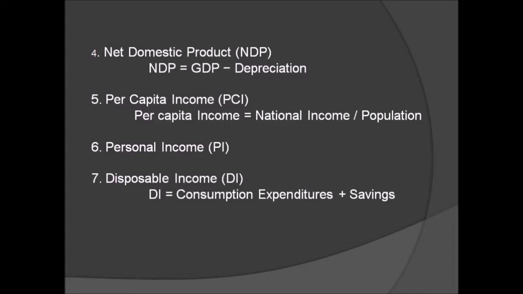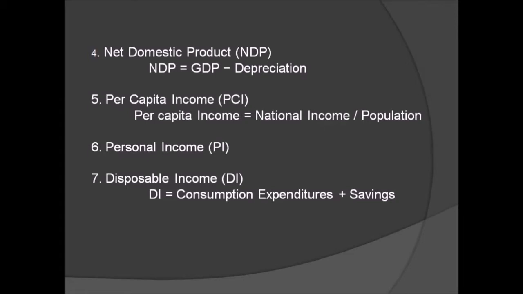Sixth one is the personal income. Personal income is the total money income received by individuals and households of a country from all possible sources before direct taxes. That is, personal income refers to an individual's total earnings from wages, investment, enterprises, and other ventures. Example, rent derived from property or profit sharing from businesses, etc. So, therefore, it is the sum of all income received by the individuals during a given period.